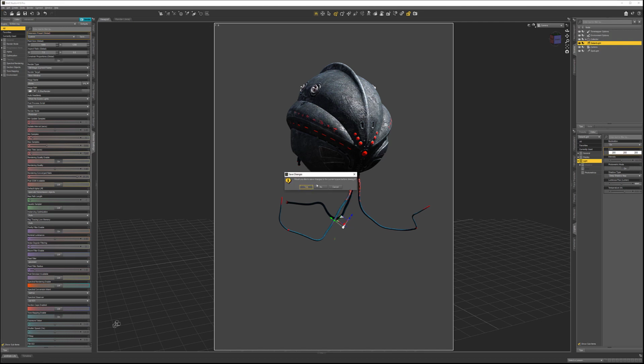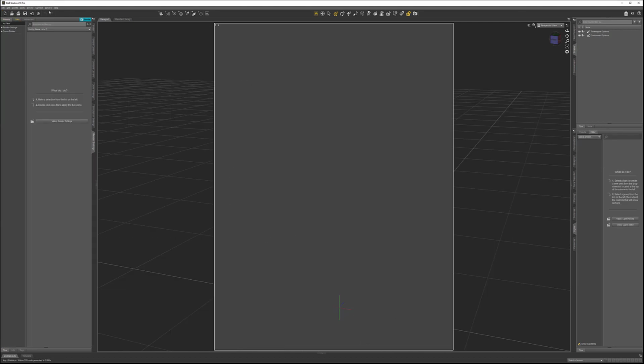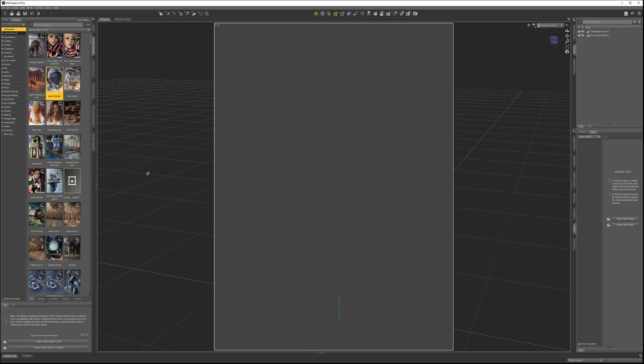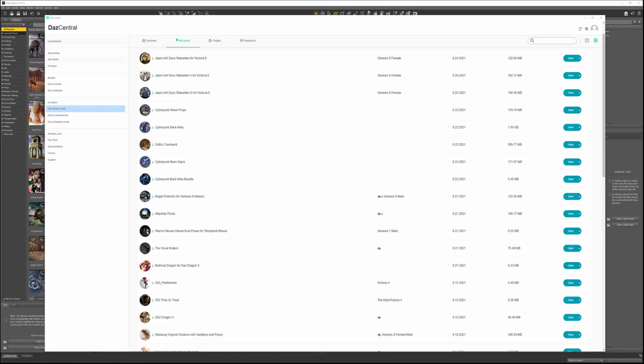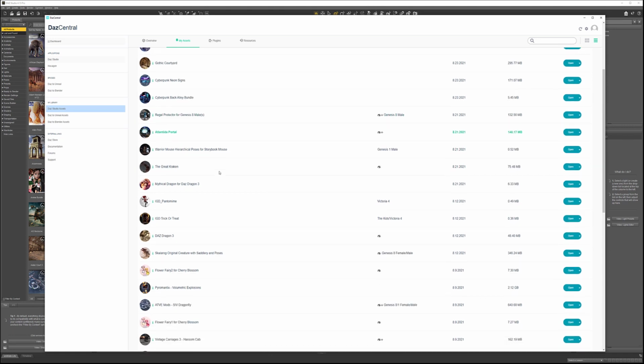So let's create a brand new scenery. We don't want to save this. Okay, we'll go on a preset. And one thing I'll say is that it's a little bit hard because you have the installed Smart Content library. It's kind of very hard to navigate; they probably tried to make it easy for you, but I found it's actually a little bit more complex. So instead we'll go back to our DAZ Central, and from DAZ Central let's select some models we want to do, and